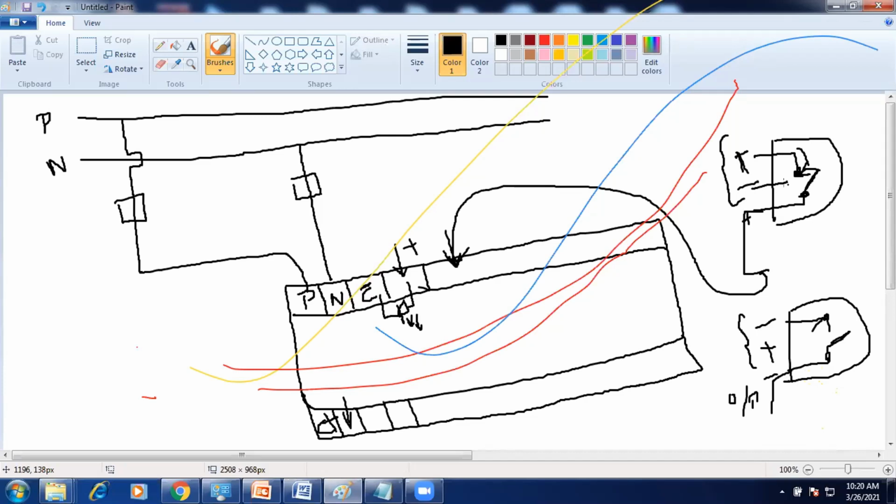So here, just consider the PLC as a sink type, but I am having only a PNP sensor. At that time, what can I do? How to change the values here? Before that, I told you: PNP sensor in the sense we need to use source type, source input. NPN in the sense we need to use sink input. Okay.